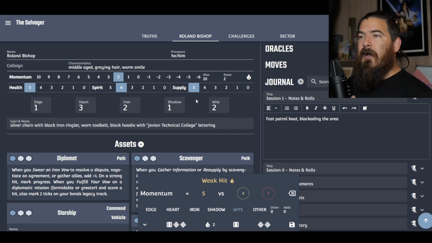This fast patrol boat comes through. It's blockading the area, but it's one patrol boat. It has a lot of space to cover. And so it goes off, does its own thing. And after maybe, we'll say, 5-10 minutes or so, it rides off in its own way, which was close because